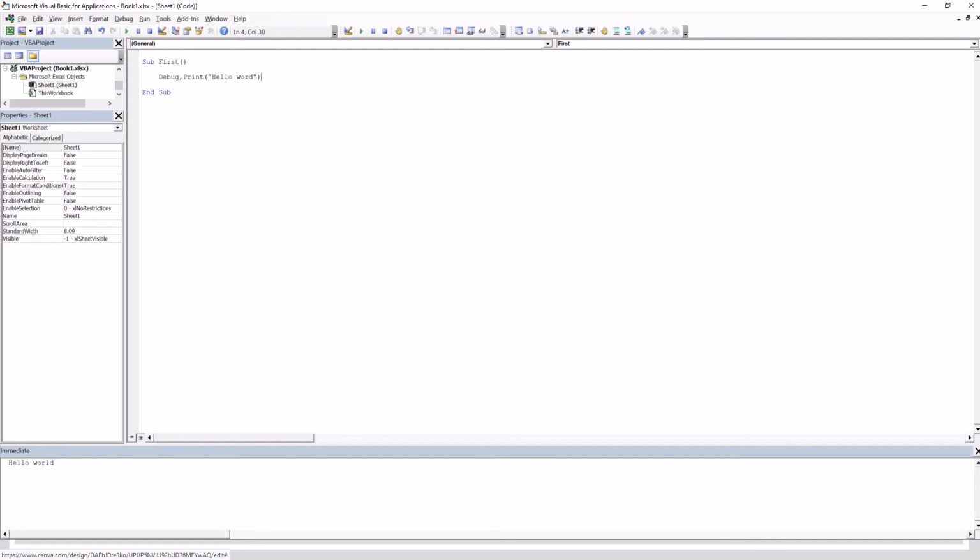This is our first program saying Hello World, and we are just printing in the Immediate window. If you run this, sorry, there is an error. Oh, I have to put a dot here. Here, Hello World is up here. So this is our first program. This is just to get some output, to familiarize ourselves with this IDE.